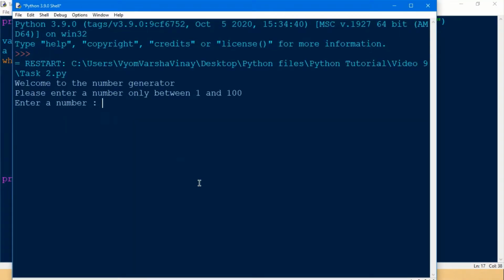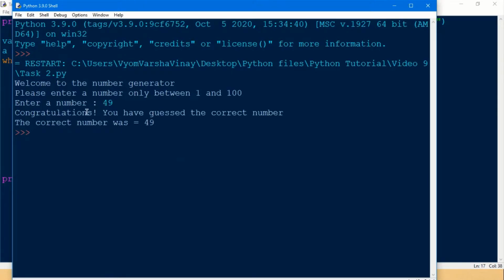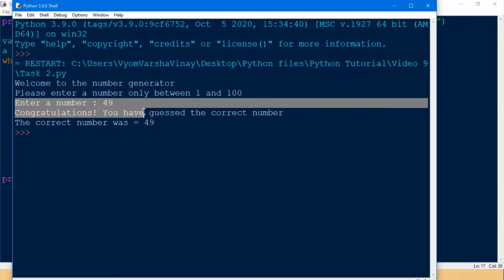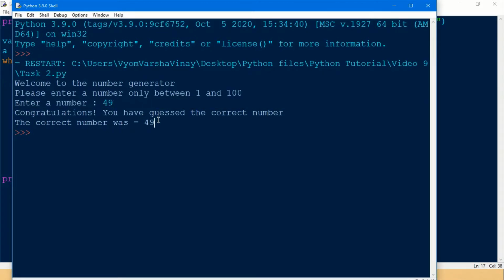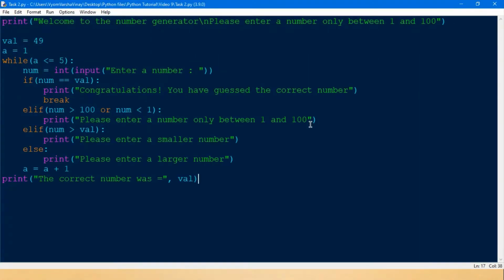If I write the correct number in the first try, it says congratulations, you have guessed the correct number, and it does not give any other input statement like enter a number. So this is where it broke, and that's how the break statement is used. Now moving on to the different